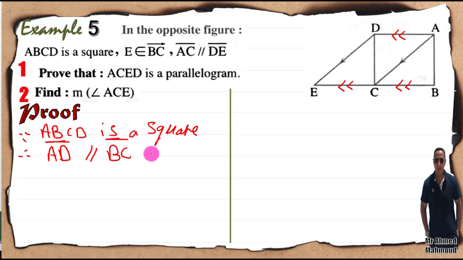Therefore AD is parallel to EC, because BC and EC are on the same straight line. This is the first requirement. And since AC is parallel to DE, so we get that